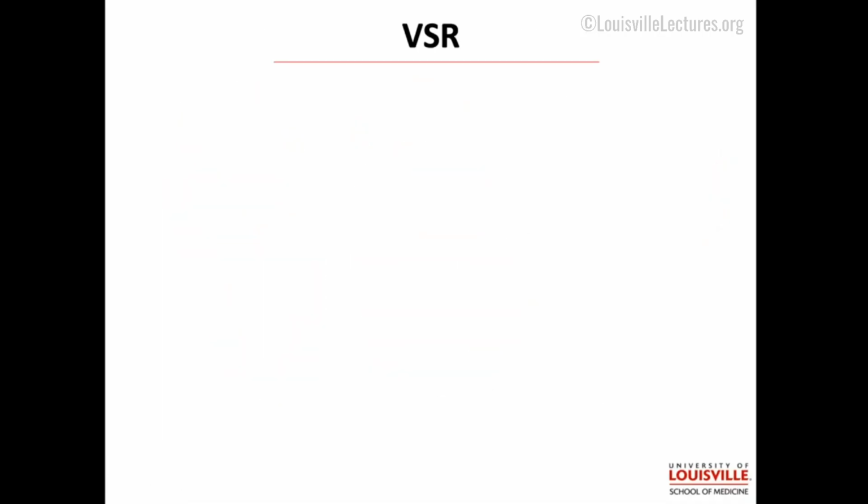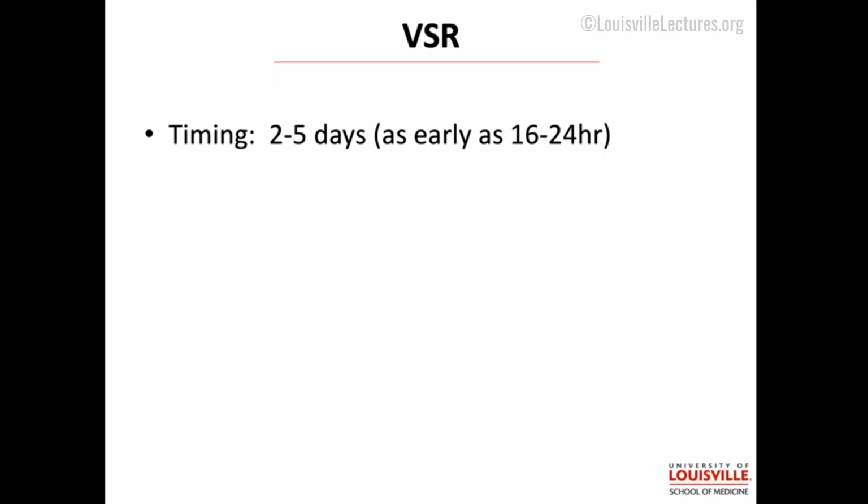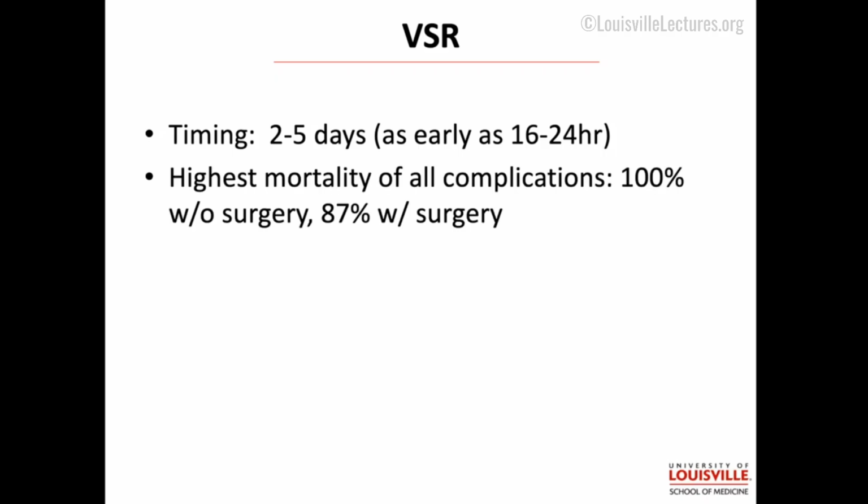Another type of rupture will be a ventricular septal rupture. Again, timing will be 2 to 5 days. This one is bad news. Bad news. The mortality is very high. Surgeons are very reluctant to take these patients to the OR because what they tell me is that it's like trying to sew wet tissue paper together. And they try to give a lot of time for some healing and some fibrosis in that area so it's easier to sew.